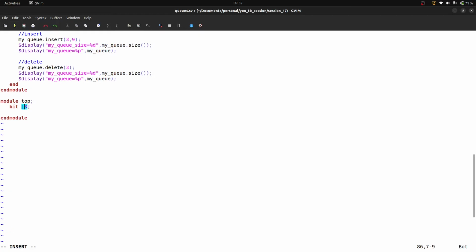Let's say bit 3 down to 0, data, and declare it as a queue. Next is bit 3 down to 0, let's say data 1. Next one is, let's say, data 2, and one is data 3.